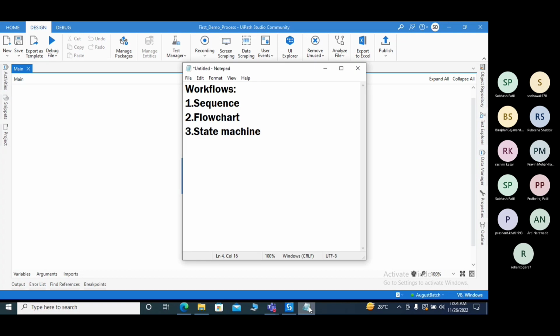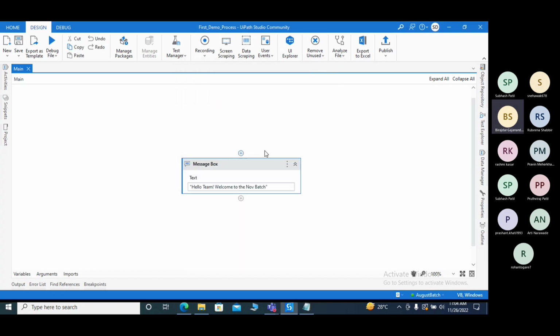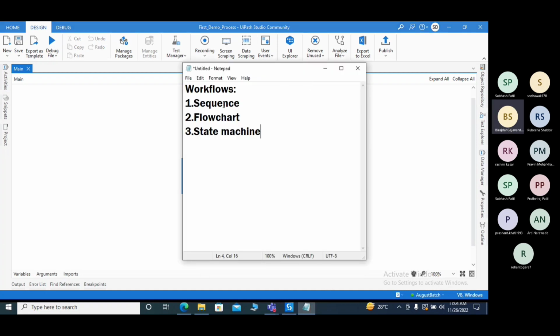But guys, in the UiPath tool, we have to use structured ways. We have to do certain actions, but if you put actions one by one without proper structuring, it will be very difficult to understand. To put things in a structured, systematic way, we have the workflow concept. So in a workflow, we can structure our